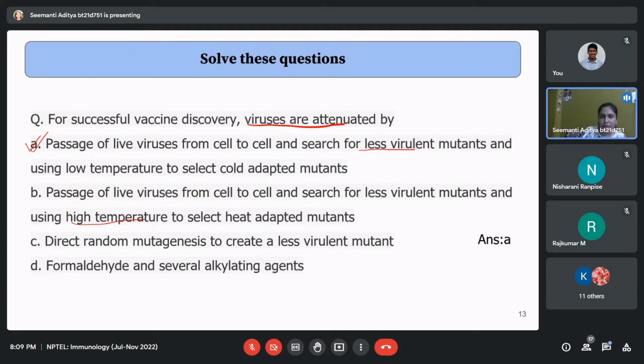One of the reasons is that you are ultimately trying for a vaccine to be injected in humans, and humans have a body temperature of 37 degrees. So if you are selecting these viruses from heat adapted mutants, then maybe there is a chance that they will prosper in your body, because your body temperature is